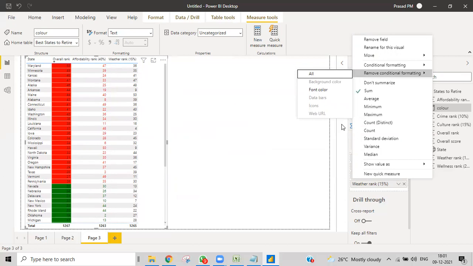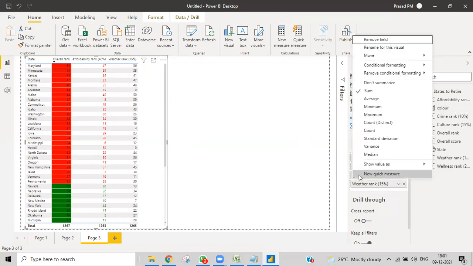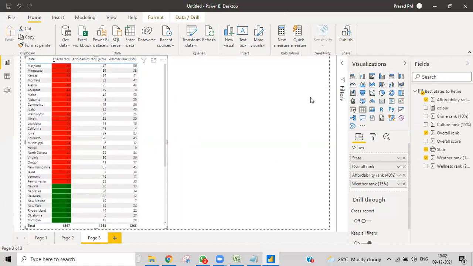Sharath, can you see this? In which one? Here for this, affordability rank. I'll just click over here again. Only font color is changed. If you want to remove the colors, you can see only font color has been highlighted because we gave only font color. So if I want to remove that, you can directly remove all the formattings. If you want to remove only one thing, you can click that, or else you can click all, so that the affordability ranking formatting will be removed.